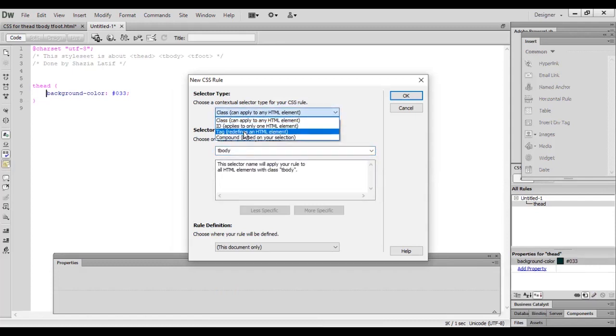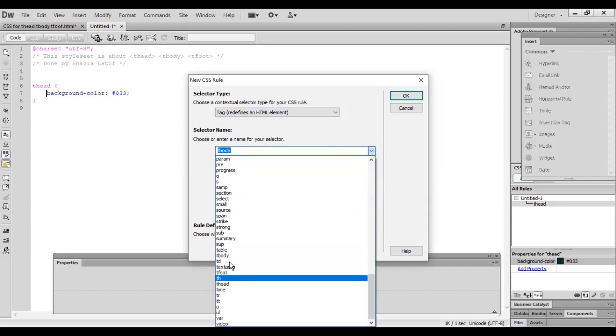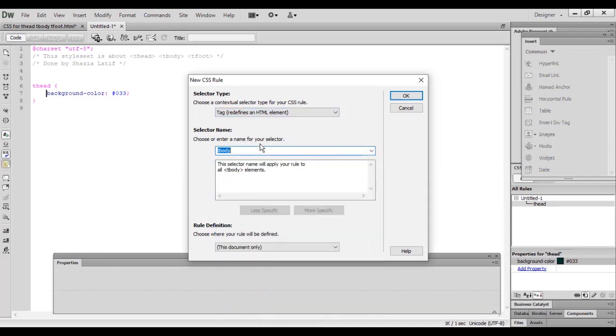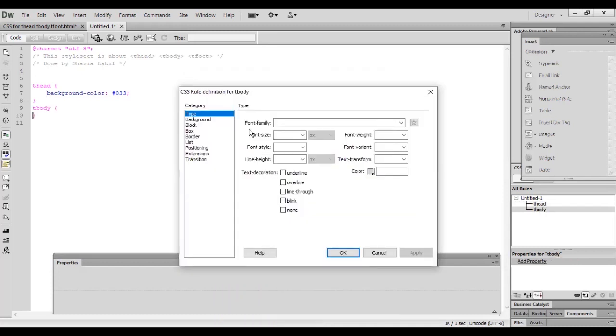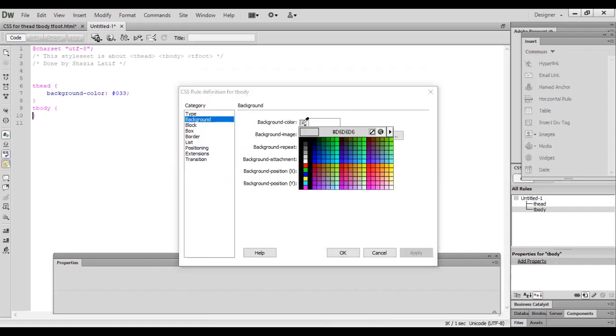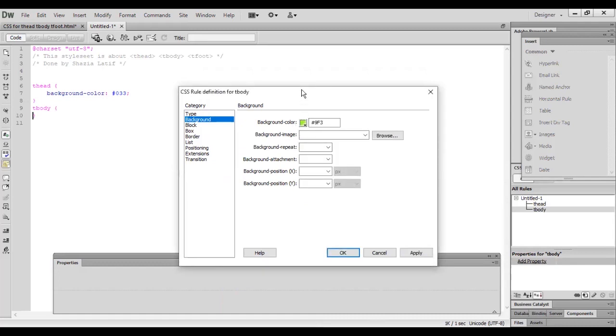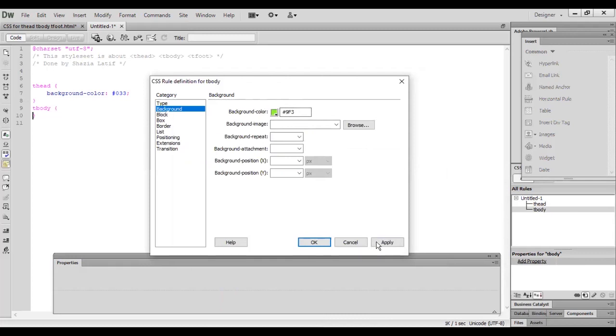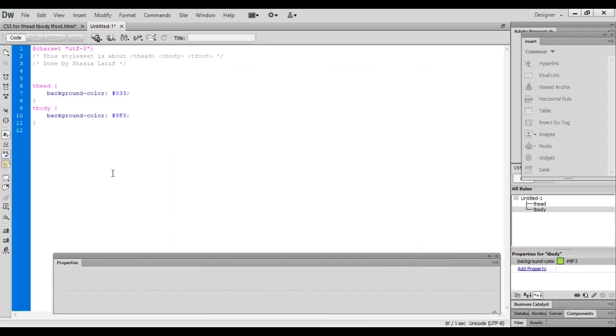First of all select the tag T body. Okay, I would like to set this background color for T body. Apply and OK.